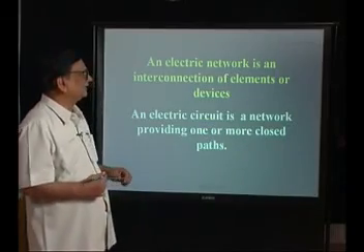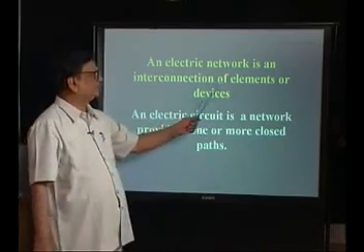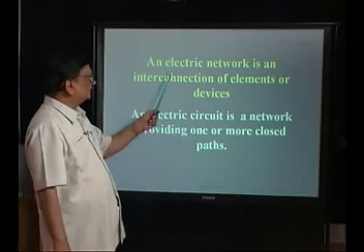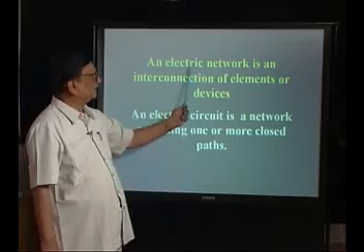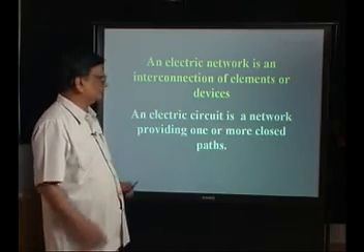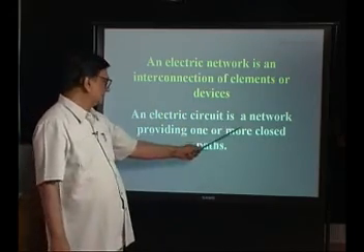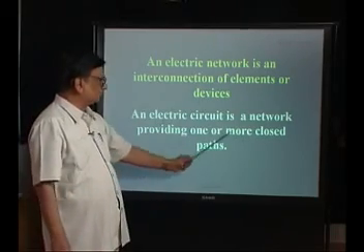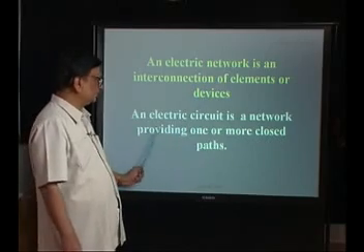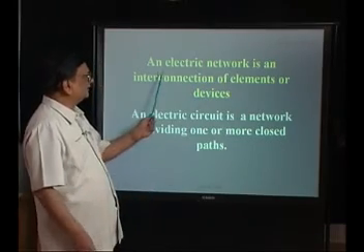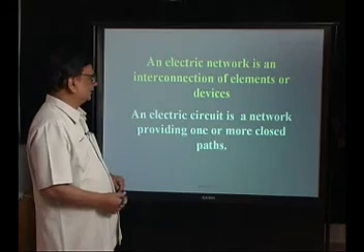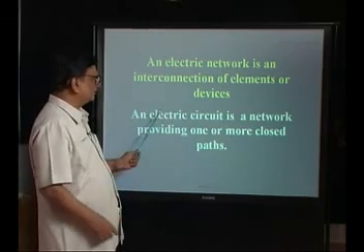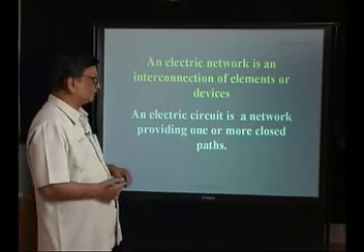And we shall define the electrical network as an interconnection of elements or devices. And then there is a small difference between an electric network and an electric circuit. An electric circuit is a network providing one or more closed paths. If there is at least one path, we say there is a circuit, an electric circuit. An electrical network is a general term, but usually we use electric network and electric circuit synonymously in the